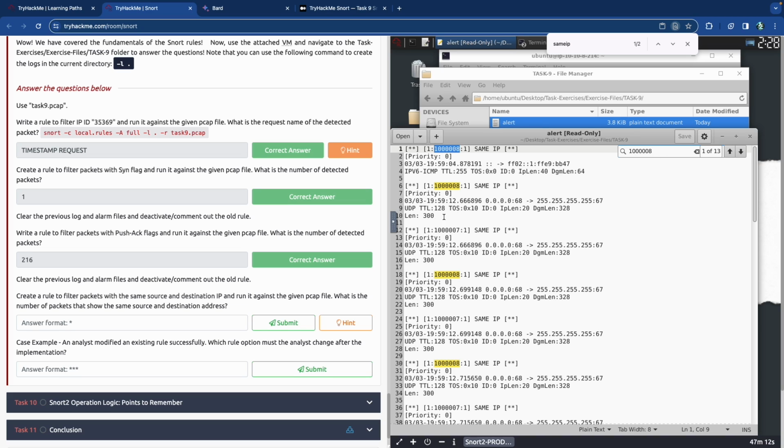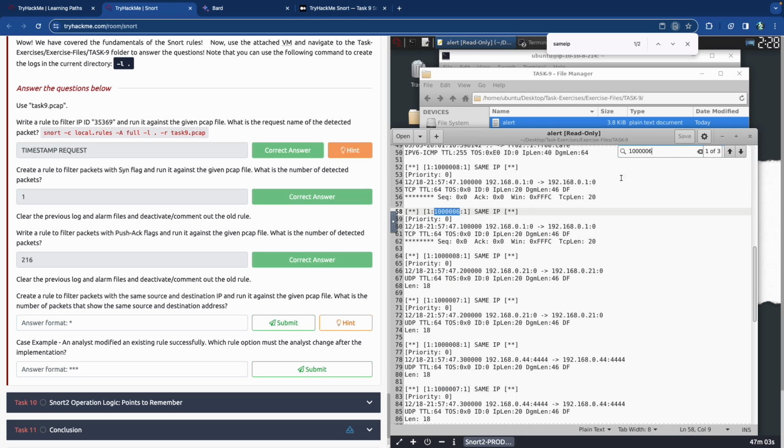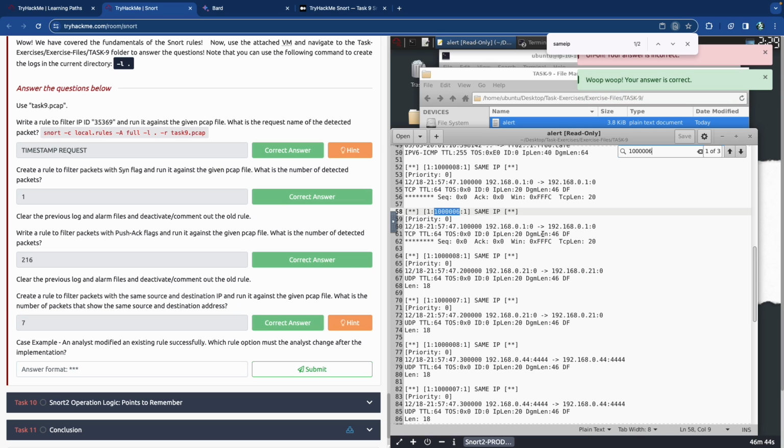And so what if we do 1,000,007? There's 7 of them, and what if we do 6? There's 3 of them. So these were the UDP ones, right? No, these were the TCP ones, and then there's the UDP ones. It has not specified, so it could be any of them, really. It could be 3, so it's not 3, 7. 7 is the one. So yeah, there was the